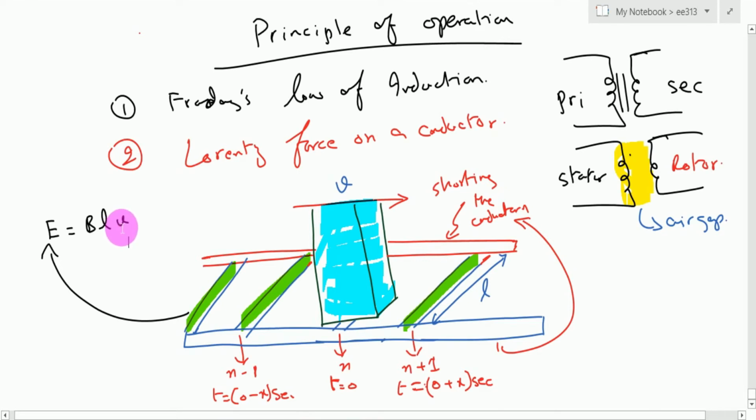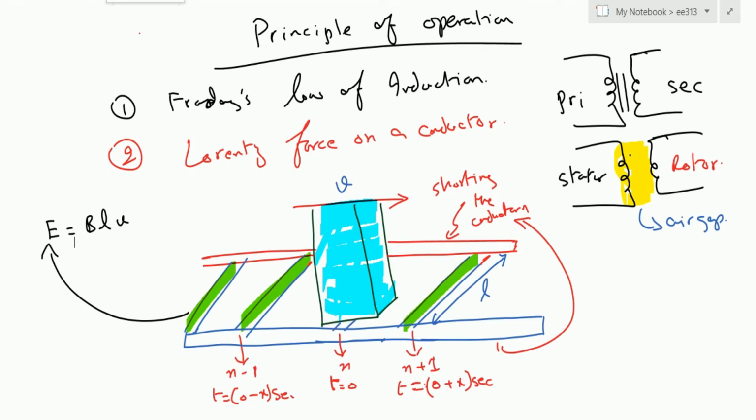Then, because we have short circuited the two ends of the conductors, as soon as the voltage is induced, a current I will flow